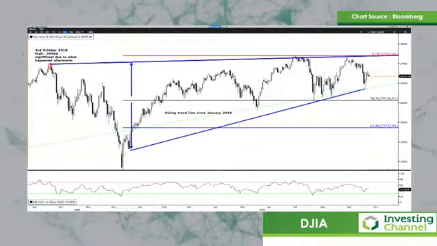So the first market we're going to look at, and I think this should be coming on your screen fairly soon, is the Dow Jones Industrial Average. Now, the chart that I've got on here is, in fact, the Dow Jones E-mini futures version of the DJIA. So it's a tradable version, and it's highly popular. It has a huge amount of liquidity.